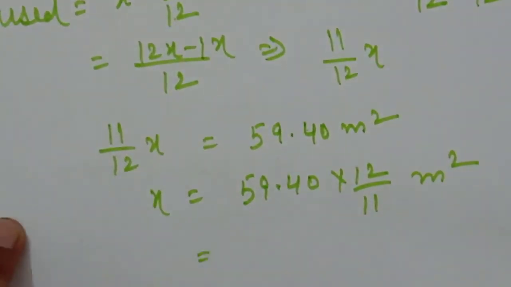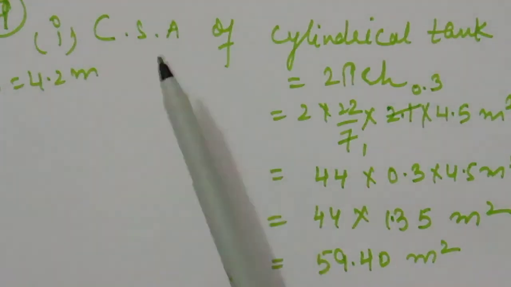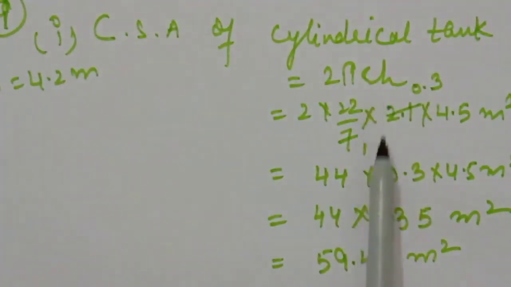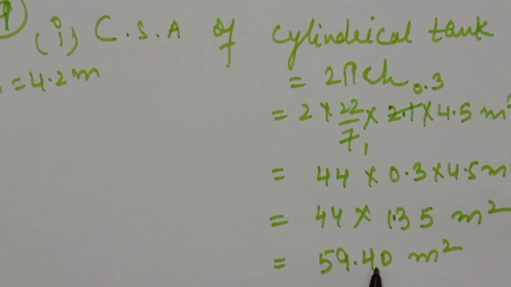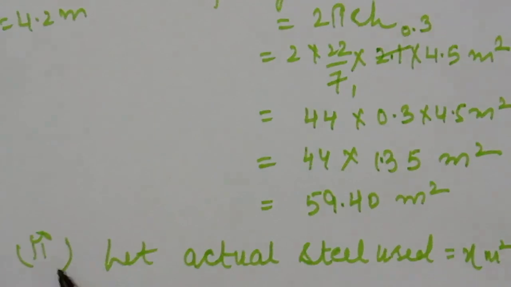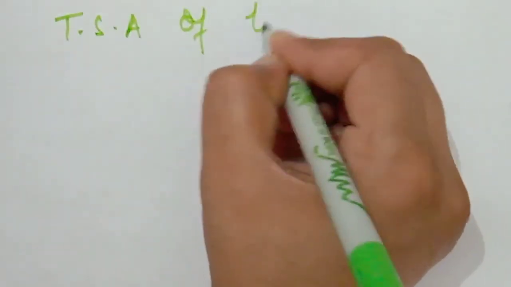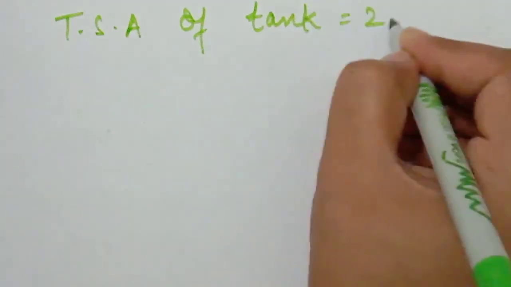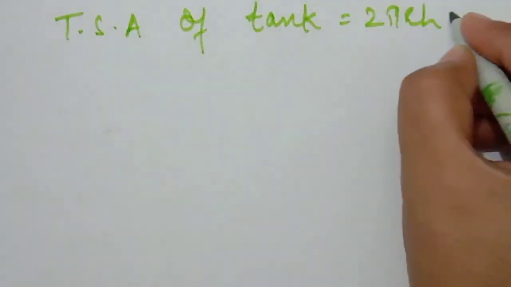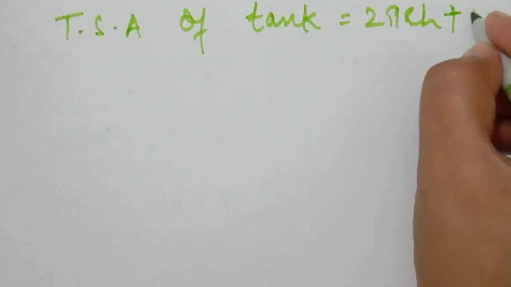You have to solve it. Okay students, this is only the curved surface area of the cylindrical tank, which we had to find in the first part. But for finding the actual steel used, we have to find the total surface area of the tank, because steel is present on the sides as well as the upper part. So first of all, we have to find the total surface area. Total surface area of the tank is 2 pi rh, which we already know, plus